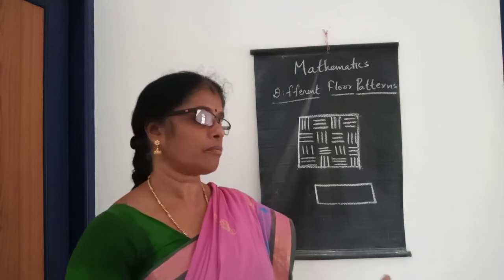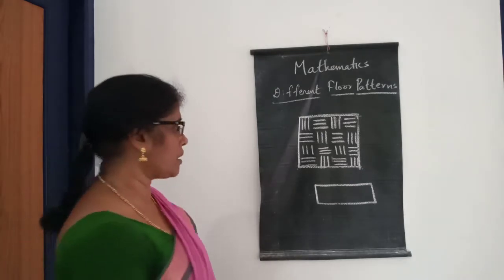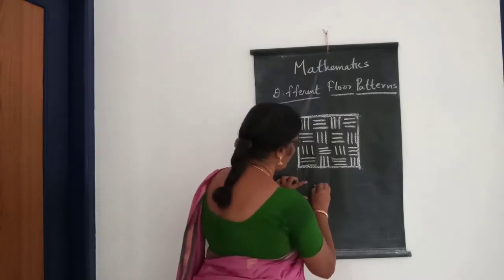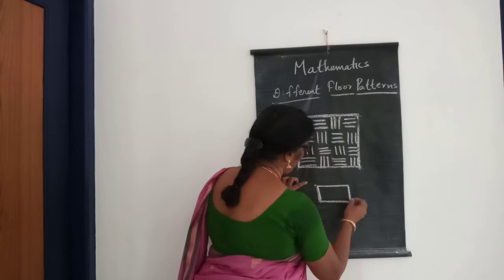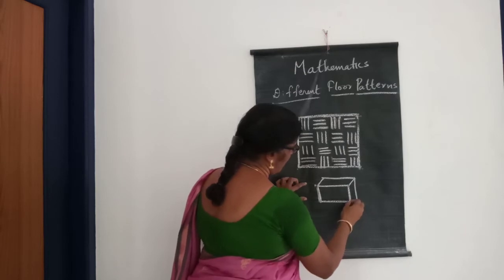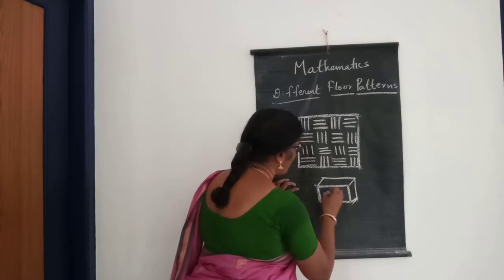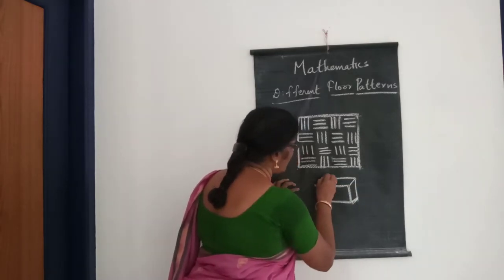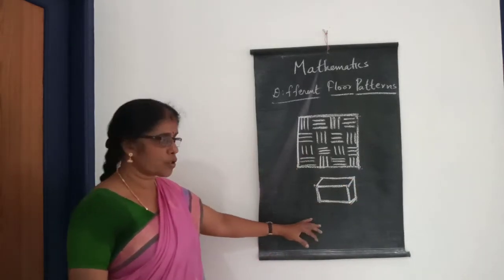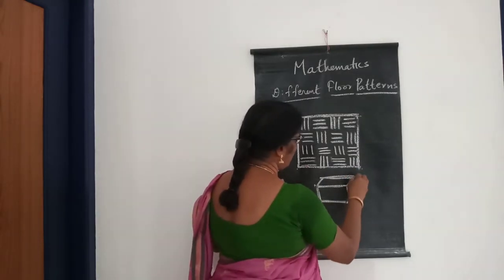And next one is how to draw a brick. You know how to draw a brick, isn't it? We already learned that in the last class. Then you can draw like this. First you draw the upper part, one face of this, and this one is another face, and this one is another face. In this brick you can show three faces of the brick.